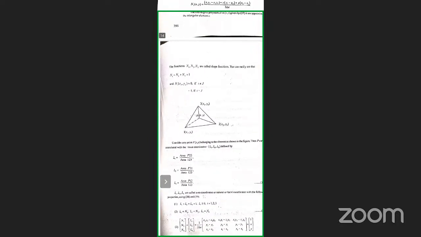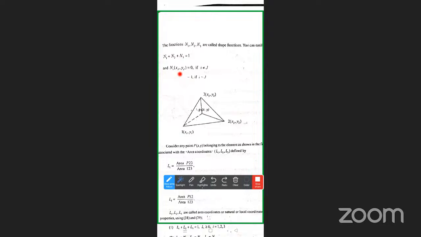The functions N1, N2, N3 are called shape functions. The sum of all shape functions is equal to 1, that is, N1 plus N2 plus N3 is equal to 1. And also it is given